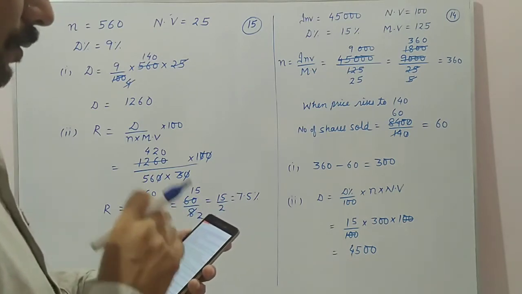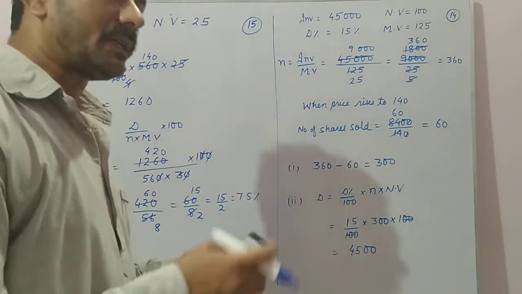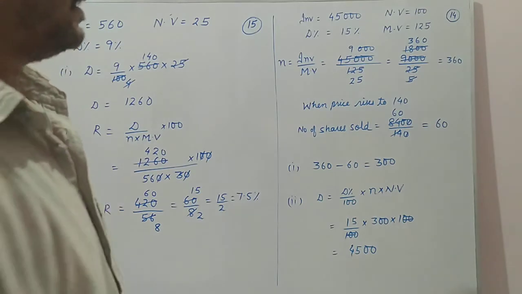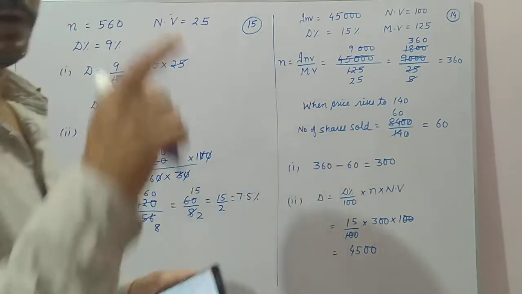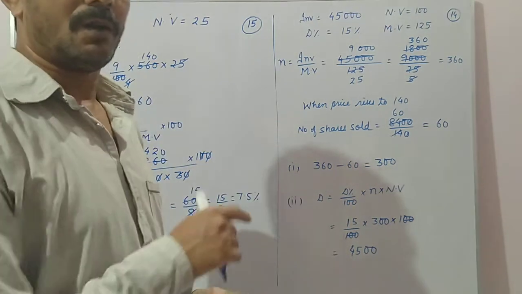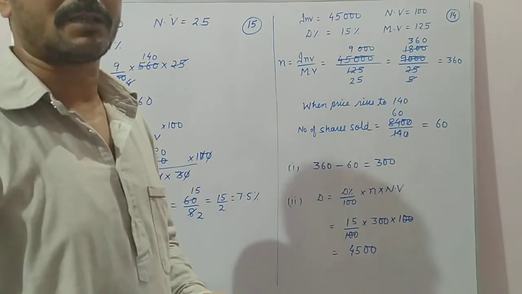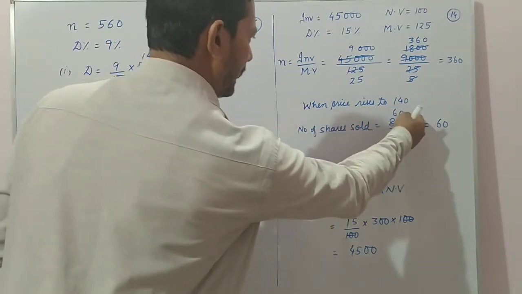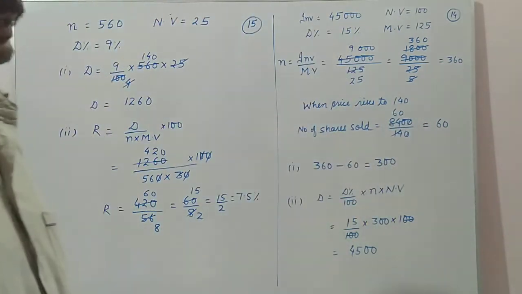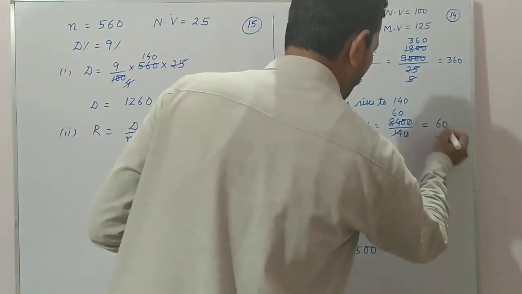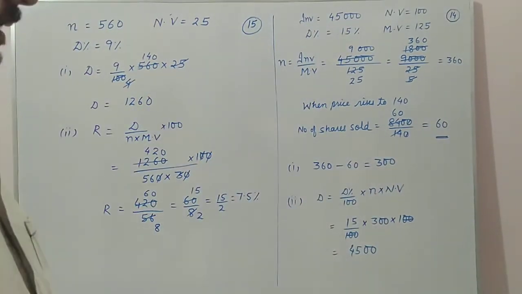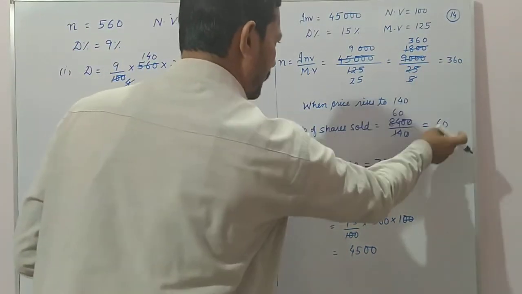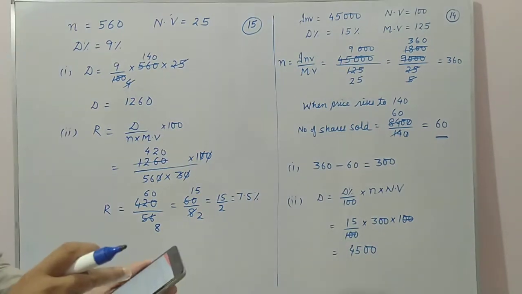Now when the price of the share rises to rupees 140, he sold enough shares. He sold shares just enough to raise 8,400. Means what? To get 8,400 rupees, he is selling some shares. At what price will he sell the shares? He will sell the shares at rupees 140, because when the market price rises to 140, he is selling sufficient shares to get rupees 8,400. Therefore, the number of shares sold will be 8,400 by 140. That is 60 shares are being sold to get rupees 8,400. Therefore, the number of shares he still holds is 360, total shares, minus 60, that is 300.